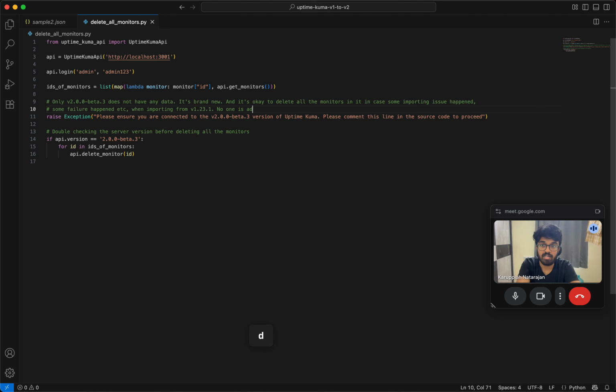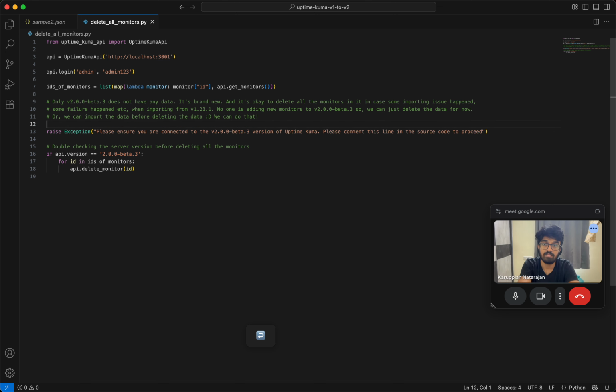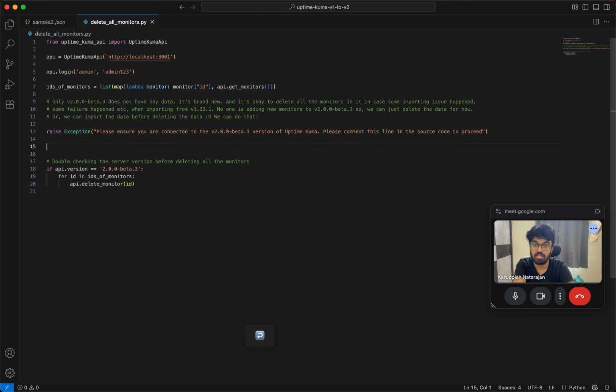No one is adding new monitors to v2.0 beta 3. So we can just delete the data for now. Or we can import the data before deleting the data. We can do that. So importing the data before deleting the data,